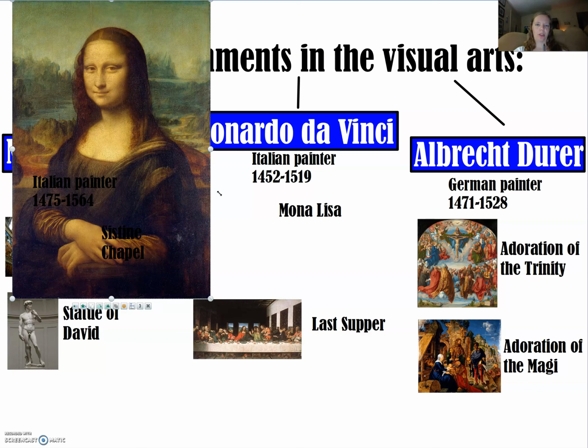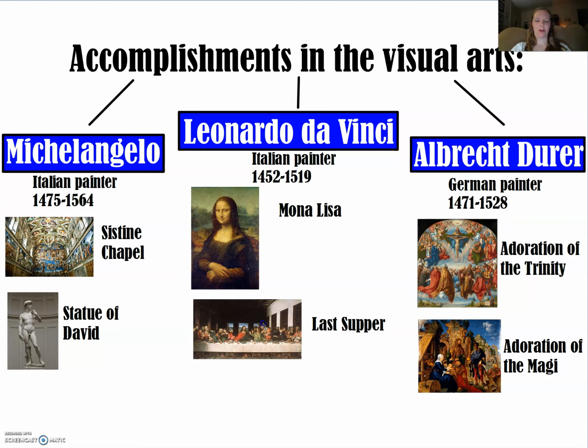But in the background is, of course, a lot of detail, and this is not recognized as a parochial piece. It's more of a secular piece. We don't technically know who the Mona Lisa was. There's several theories as to who she probably was. Most likely she was a member of a very wealthy family who had commissioned Leonardo da Vinci to paint a portrait of her, as lots of wealthy families would have done at the time. Poor people obviously aren't paying artists to paint pictures of them, but wealthy families certainly would have been. So that's the most obvious, most expected theory.